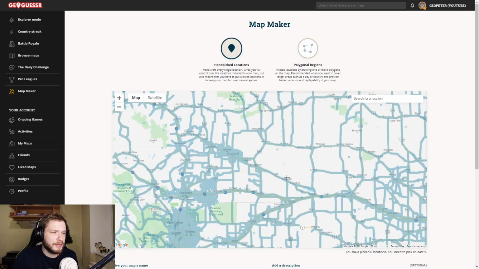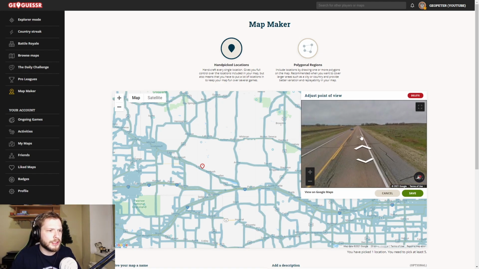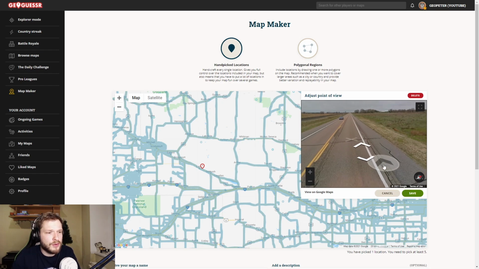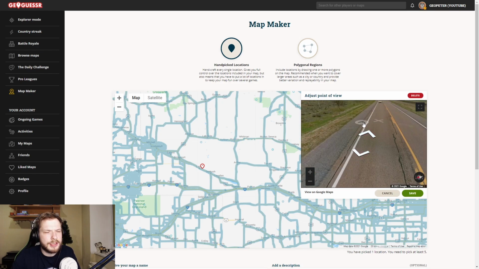So let's start with North America, specifically USA and Canada. Sometimes it's very difficult to tell them apart. Well, as you can see, roads look like this. White sidelines, yellow middle line. However, in America, these rumble strips are more common than in Canada. So, I mean, it's not a guarantee, but if you see these rumble strips, there is a higher chance that